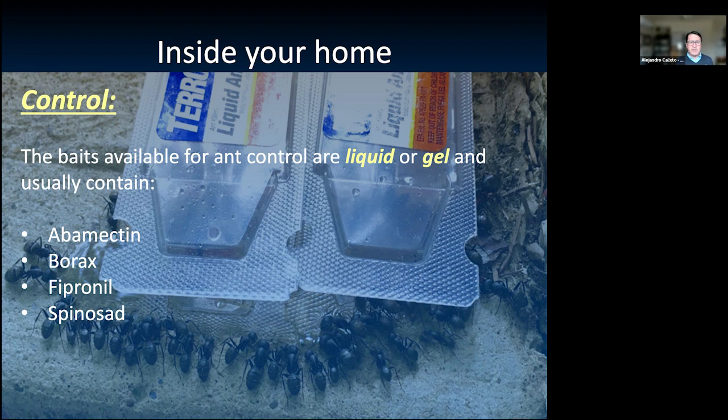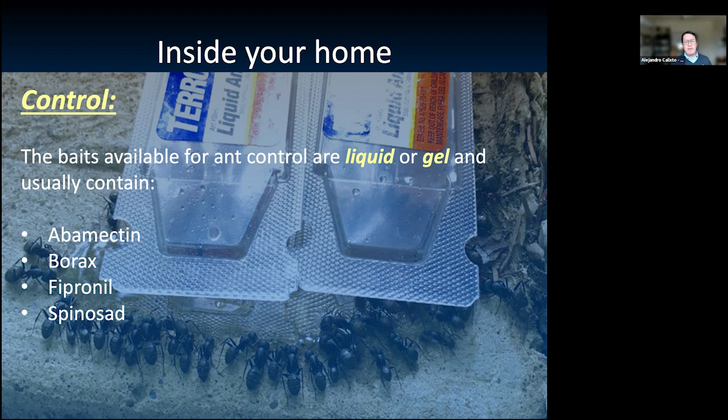So I've heard people complaining, oh, those bait stations, they don't work. And I said, if you're putting that bait station, are they eating? Are they getting the product? And they said, well, they're not interested in that product. And then I said, well, try the other one. Try the one that looks like peanut butter. And then they were very effective at getting the product and bringing it back to the colony.